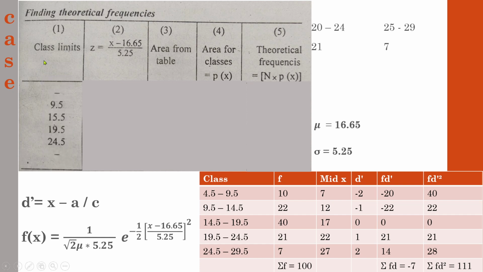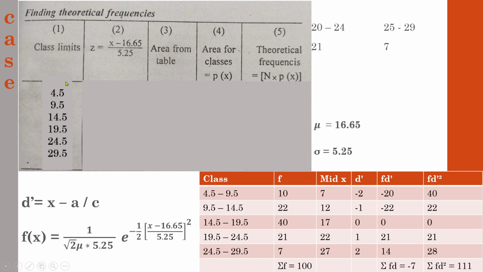That is why they are using a dash. In some texts they are using a dash, in another text they are using the infinity sign. Anyway, we can write the smallest number in the beginning and the largest number at the end, but it doesn't affect our computation. And in between these two values, we will write down all the lower limit numbers.